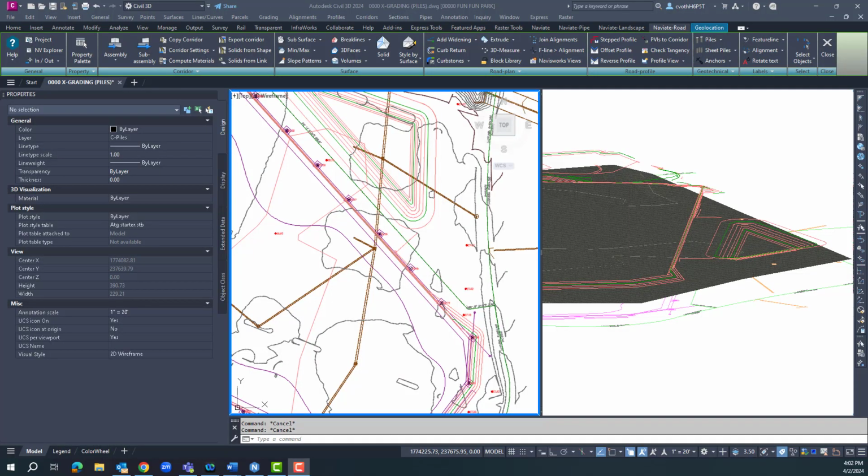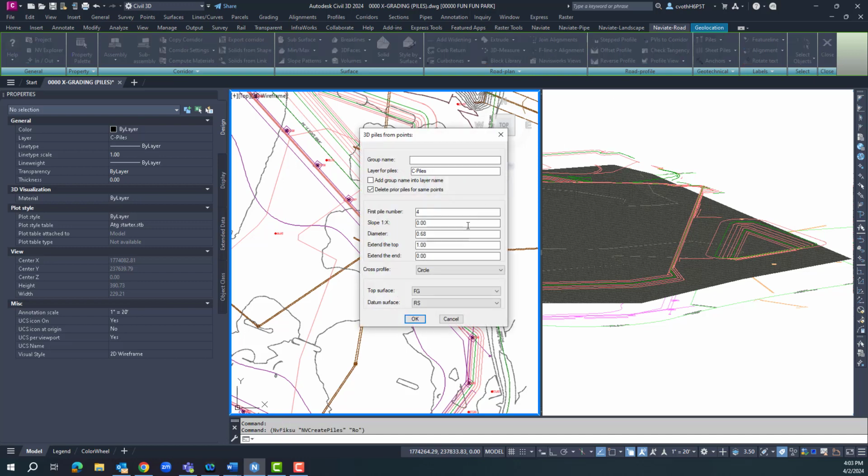Hi, today I'd like to go over our Naviate Road feature for creating piles. Here we have a drawing that has an existing ground surface, a rock surface created from our geotech report, and a finished ground surface. By coming in using the Naviate Road module, selecting piles, we can simply and easily get